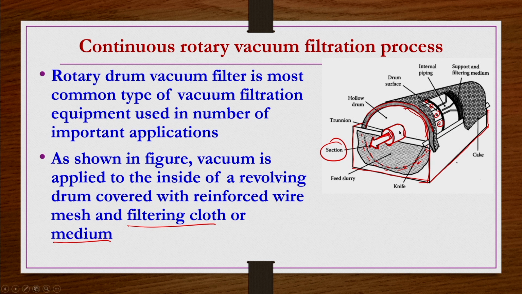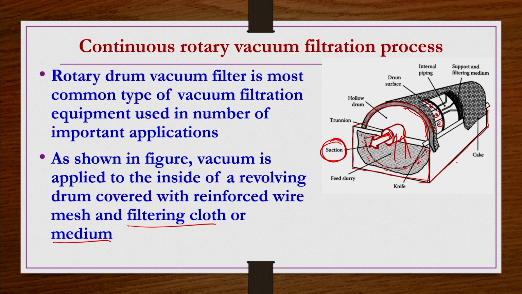So, while the drum is rotating, the vacuum suction is applied in this portion. Whatever liquid is there will be sucked from the slurry tank through here, and then that will be collected as filtrate. Okay. It is not that only liquid is being sucked, the entire slurry is being sucked, but because of the filter cloth, only liquid comes out and solids are deposited on the filter cloth.